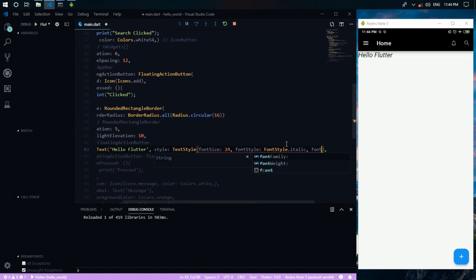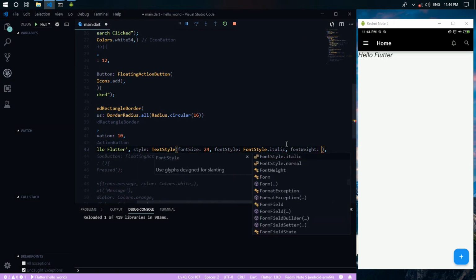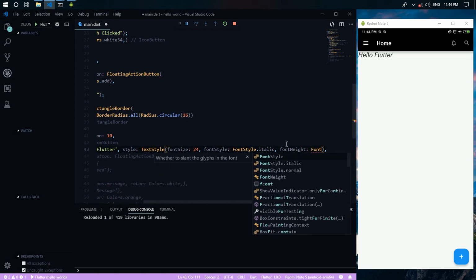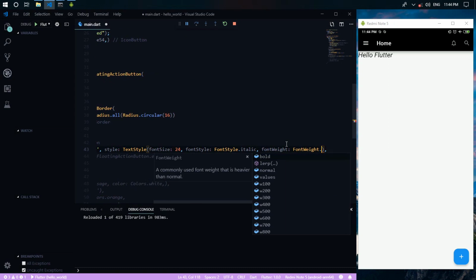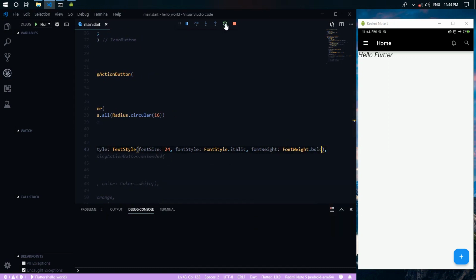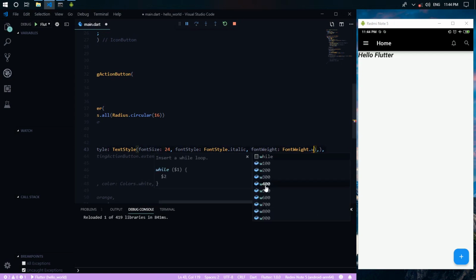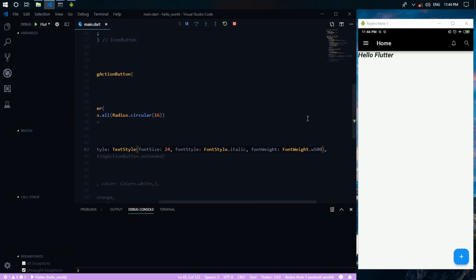We also can make it bold with fontWeight. We provide fontWeight here, and we can make it bold. Just hot reload, and we can set the weight as we want, maybe 500 or maybe 900. Okay, looks like this.